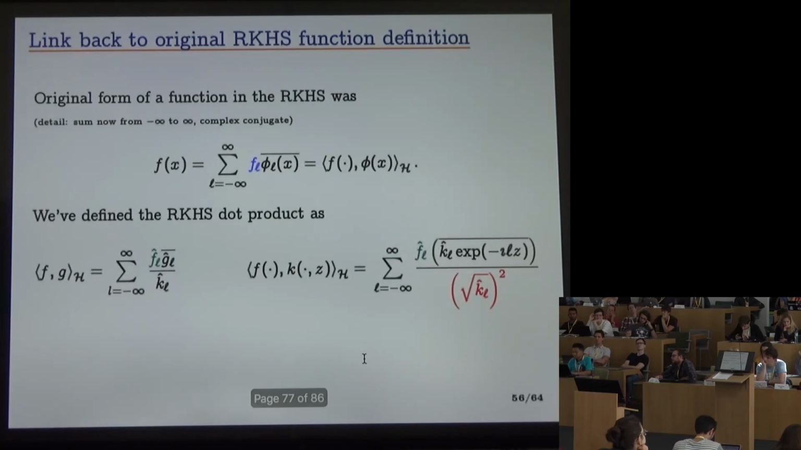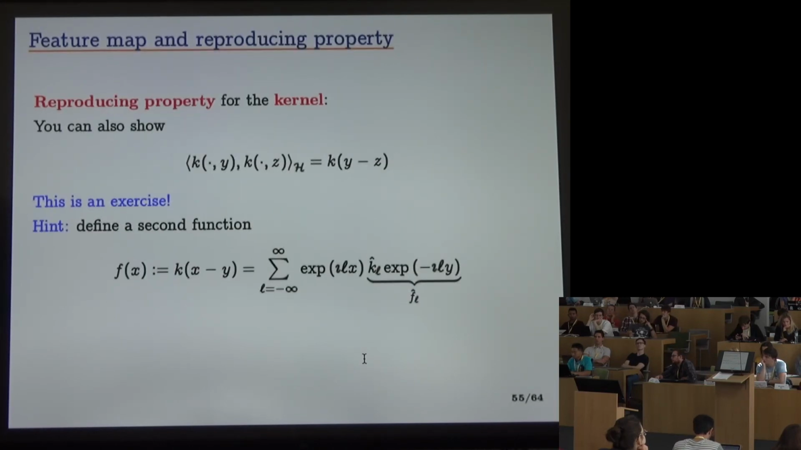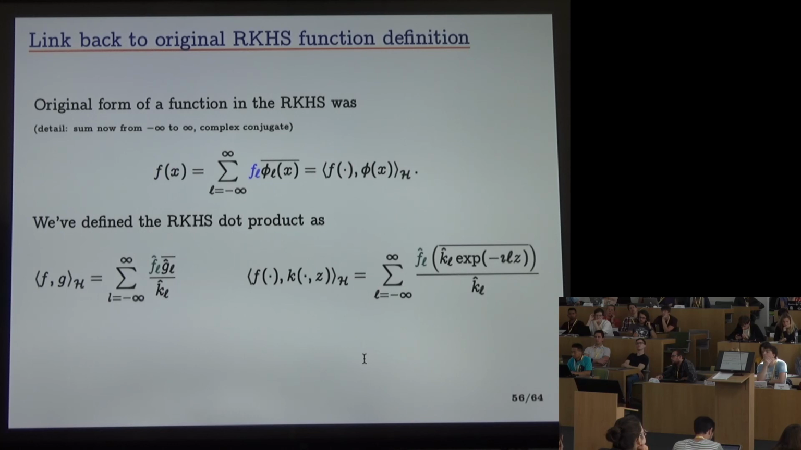Okay. Let's go back to here. So what I'm going to do now is tie in the construction I've just made for the Fourier kernel space with the original presentation I made for kernel feature spaces. Remember the original presentation for kernel feature spaces, I said that my f of x is a